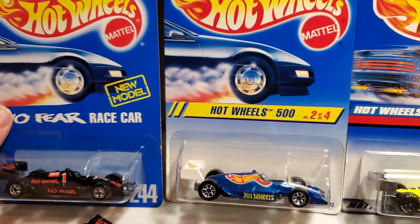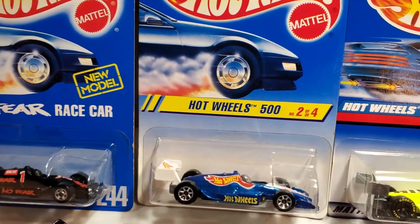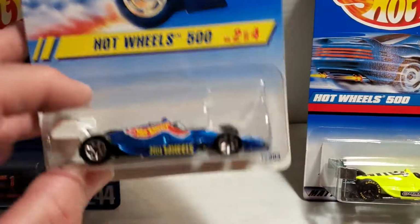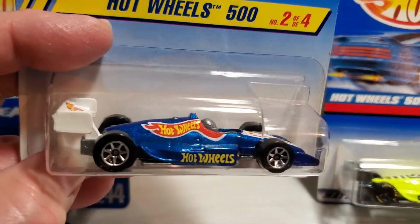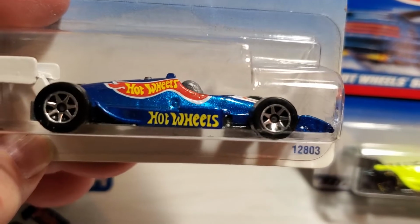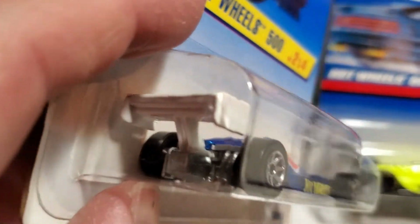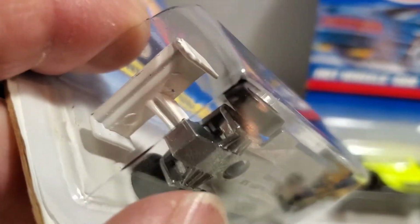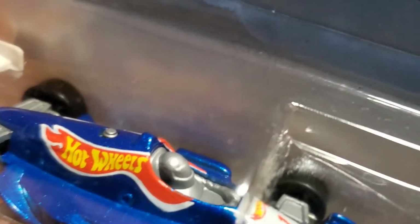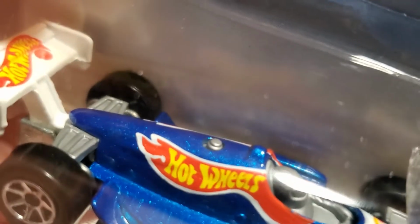The next edition was copyright 95, and it's in the Hot Wheels livery. Very cool. I love the Hot Wheels livery. Metallic blue with the Hot Wheels logo. Hot Wheels on the side. And as you can see, well, the wing is metal, but it's a separate piece from the chassis and the body. And of course, the driver inside now is plastic, and there's